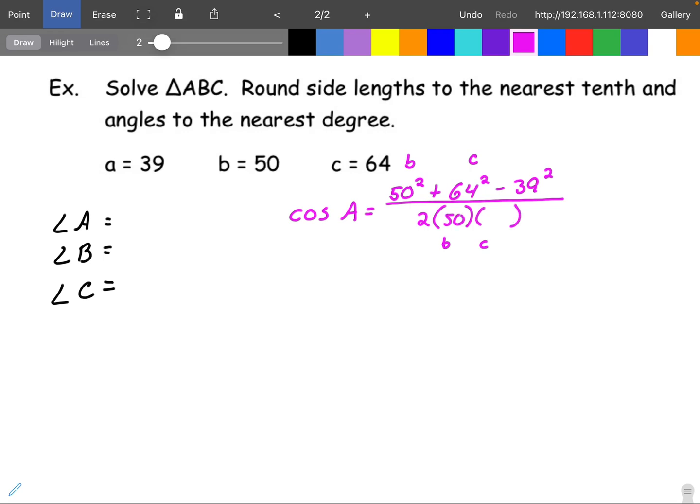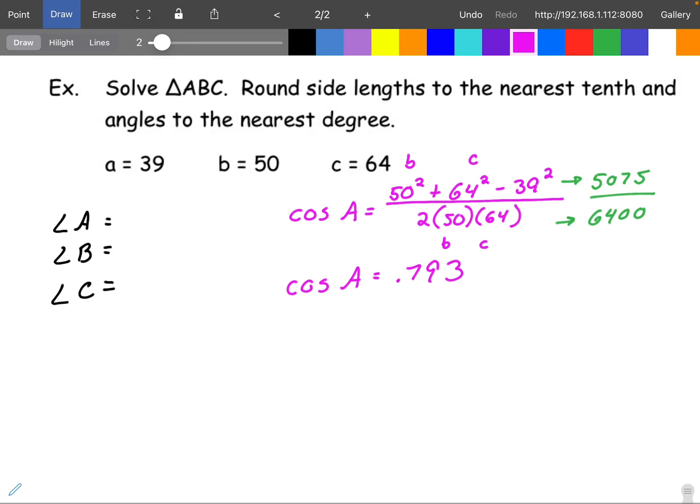So b is 50, c is 64, and therefore I'm ready to go ahead and put that in the calculator. If I type the top of the fraction in, then type the bottom of the fraction in, the top comes out to be 5075 and the denominator comes out to be 6,400. Then we divide that and get a decimal for that fraction, and we find that cosine A equals